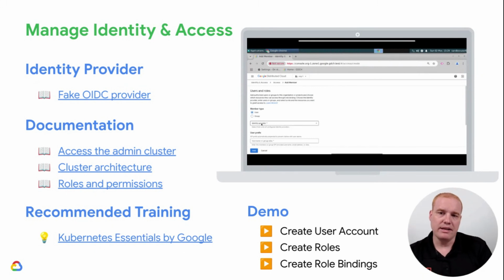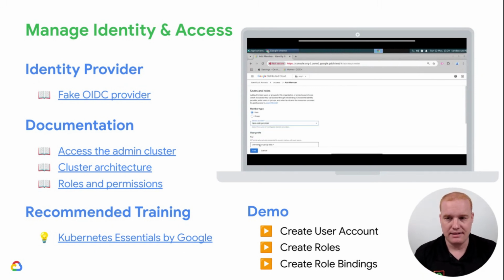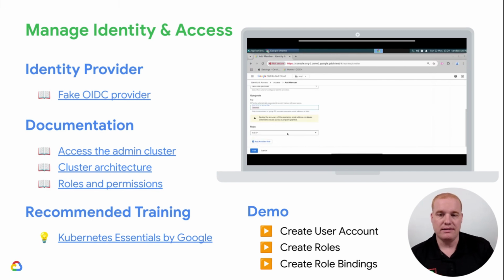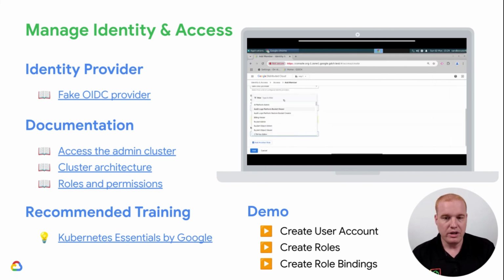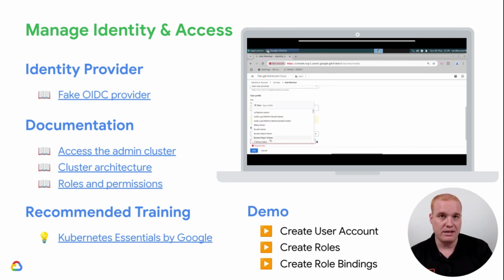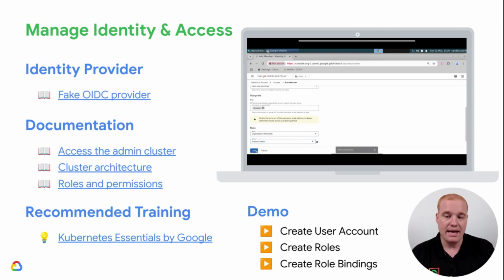The next user journey is managing identity and access. And so we'll start with our identity provider. We call it fake OIDC provider. And so we don't join to production systems by default because this is an emulator environment. And so fake OIDC basically provides your landing point to pick and select the users that you've created and walk